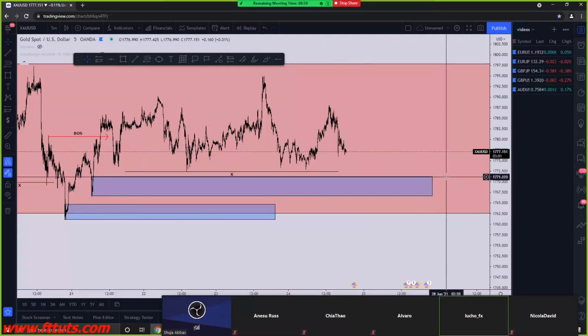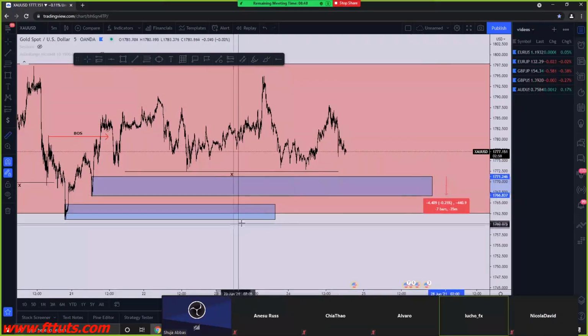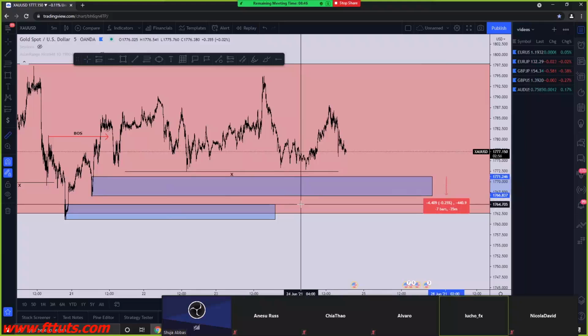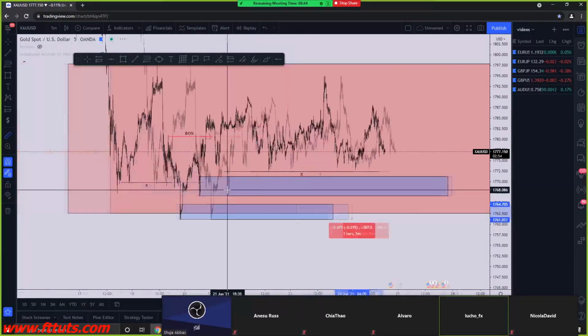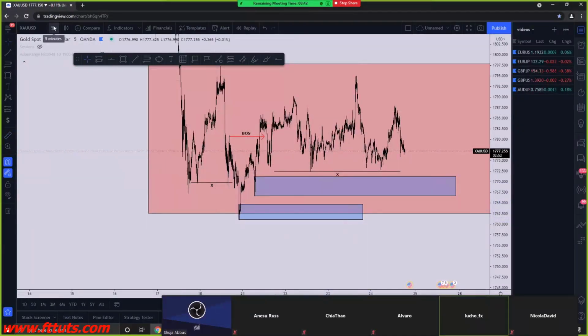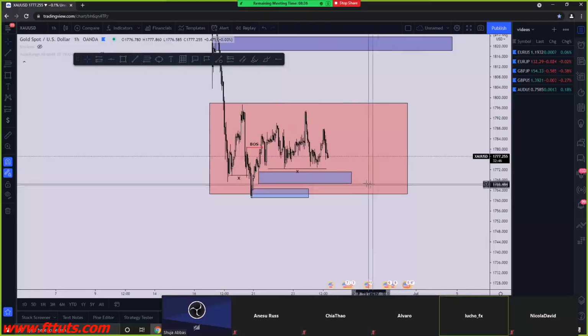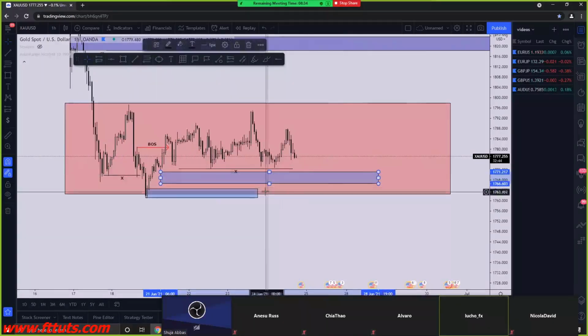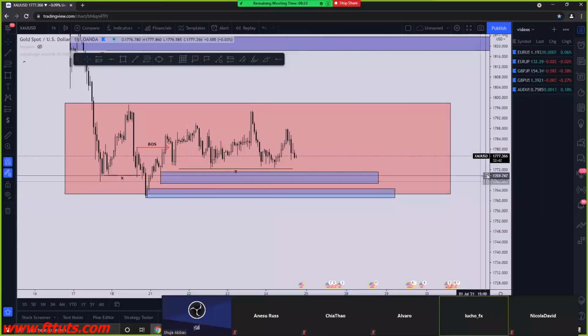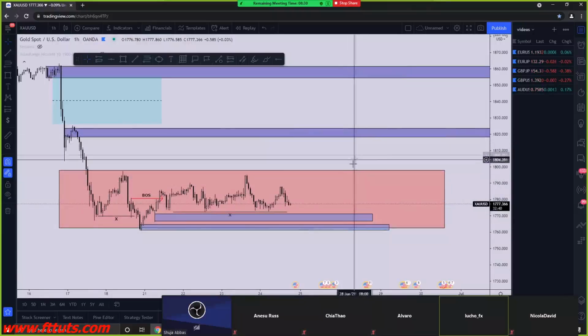Now, if we highlight this zone, this is just about 40 pips, nothing too crazy because it's gold. And this one is just about 30 pips, which is, once again, nothing too crazy, considering we're only risking 1% for each position. Now, we're entering over here. Our entry is supposed to be here. I already set my limits, like I said in the chat. And we're expecting gold to make a rally